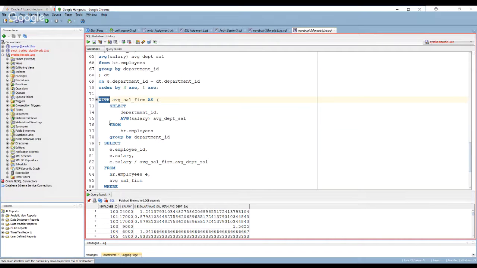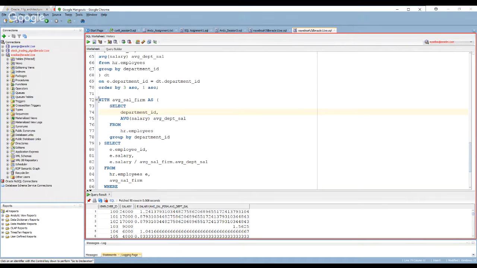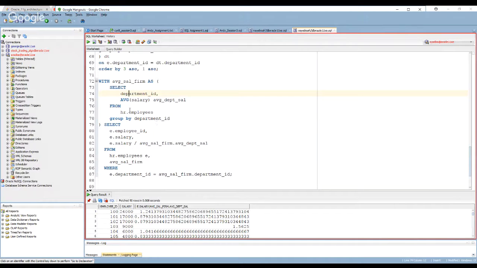They'll use a WITH construct. Now, the WITH construct, as I mentioned in the last session, is a way for you to tell Oracle that I may be using this expression a lot, so just store the number so that I don't have to keep doing it multiple times. So if you see this WITH construct, it's just a way to, as they would say, materialize your inner query results.